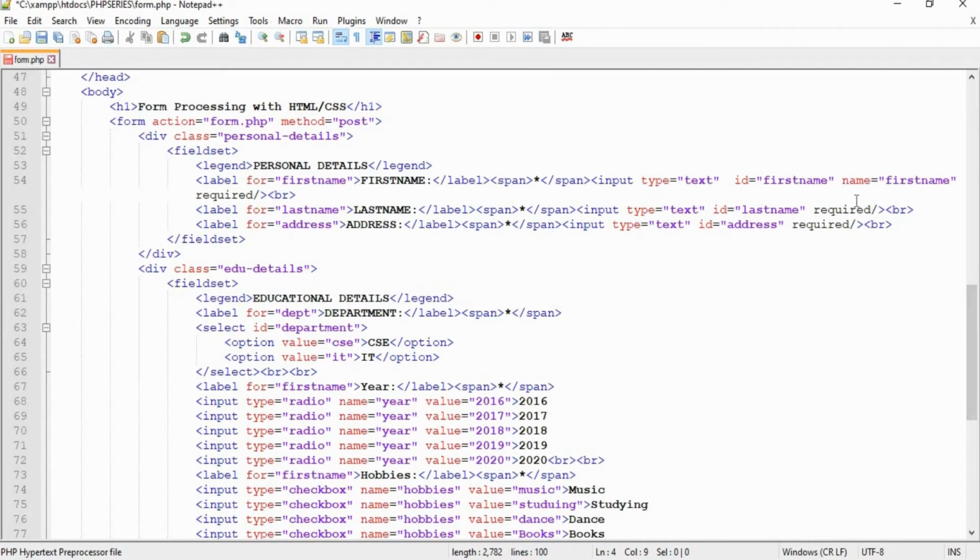We have already used the attribute required here, so this required attribute will force the user to enter all the mandatory fields, so there is no need of validating all the fields with the help of PHP. So we can directly store the value entered by the users inside a variable.